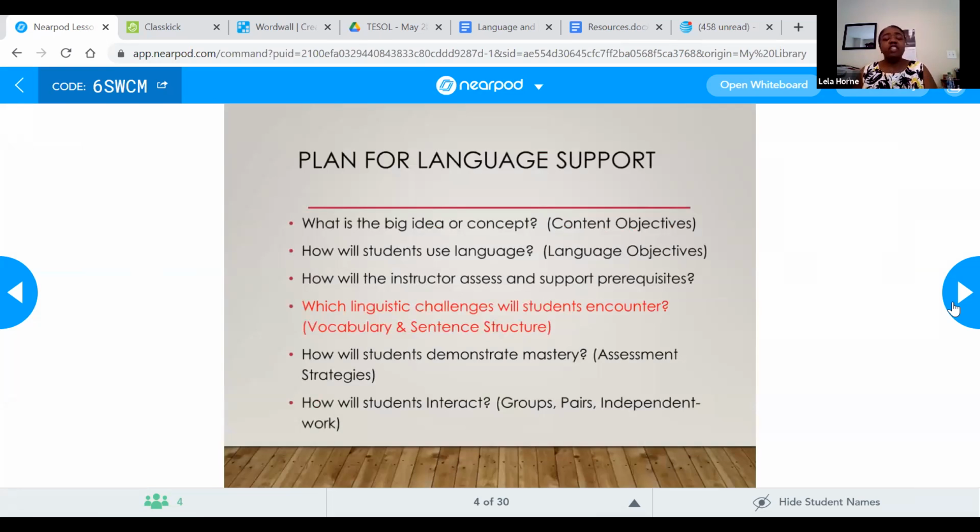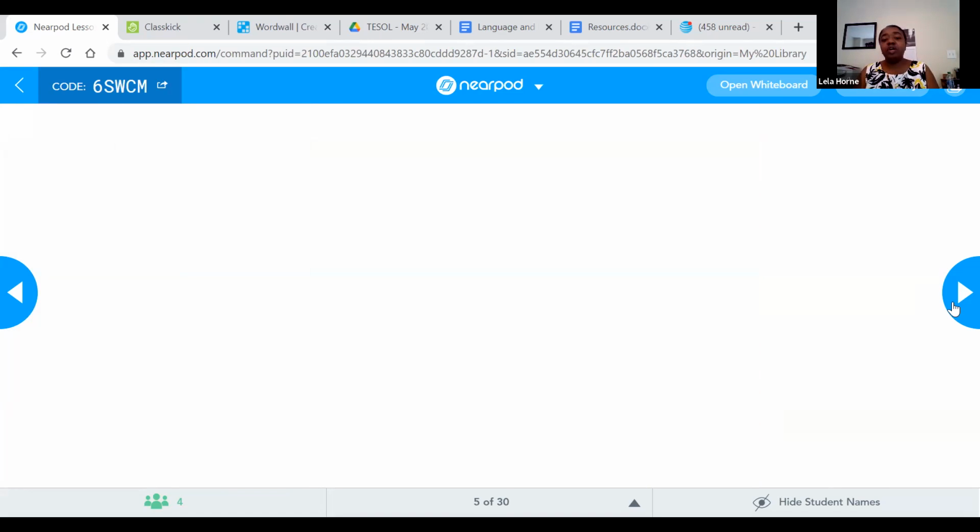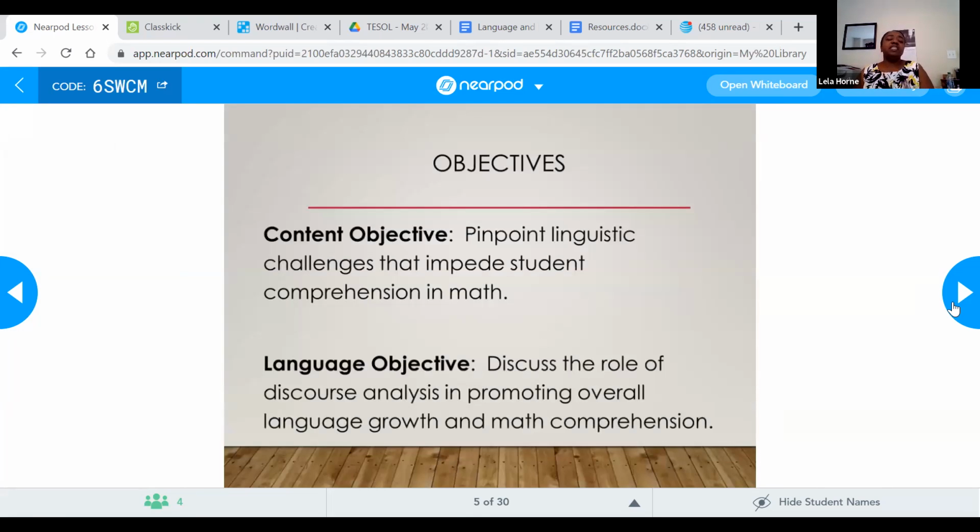So today, there's a lot of things that you do when you plan, as you already know, because you're experienced ESOL teachers. But today, we're going to focus on those linguistic challenges that students encounter. And by that, I mean specifically the vocabulary issues and the sentence structure issues. And we'll talk about what that means as we go along. So our content and the language objectives for today are here. I'm not going to read the screen to you, but I do want to stop for a moment and go to chat